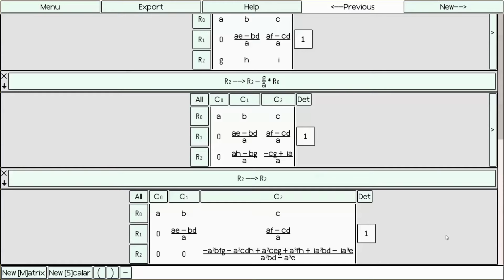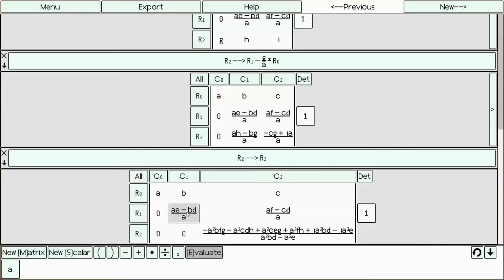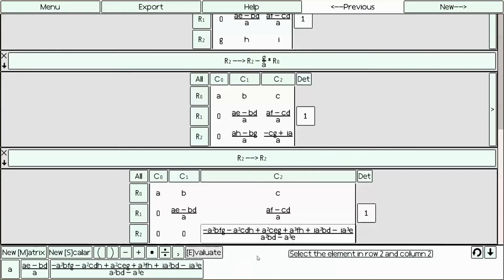So now that we've reduced the matrix into upper triangular form, all we have to do is multiply the elements in the diagonal to compute the final determinant. So A times this big expression times this big expression, then we evaluate it,